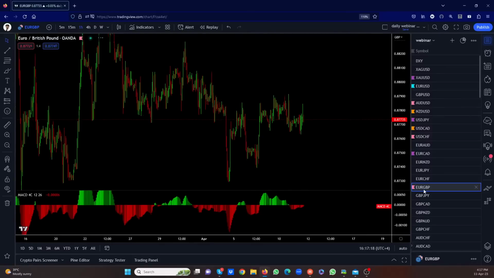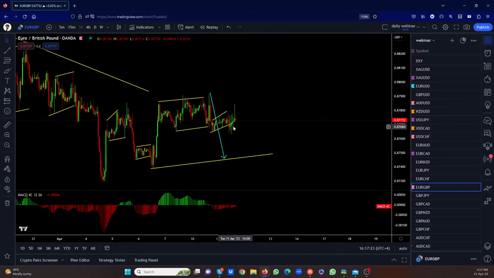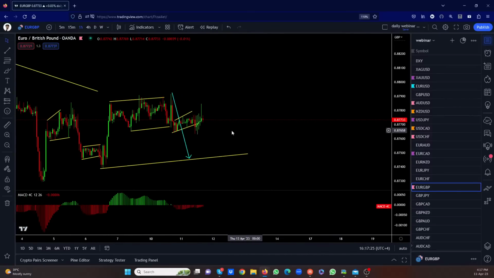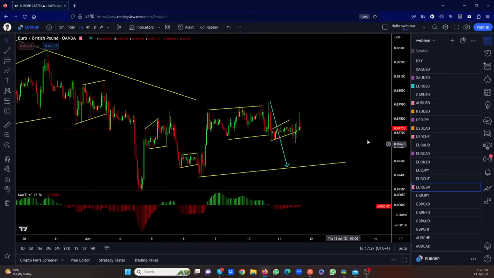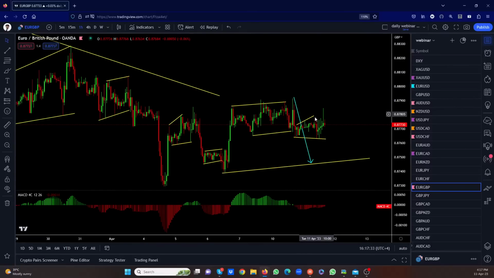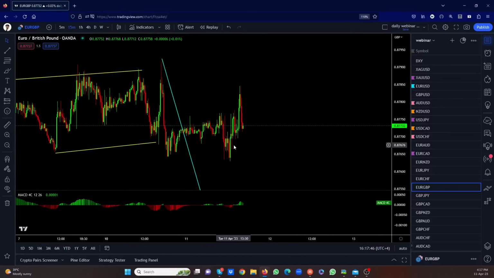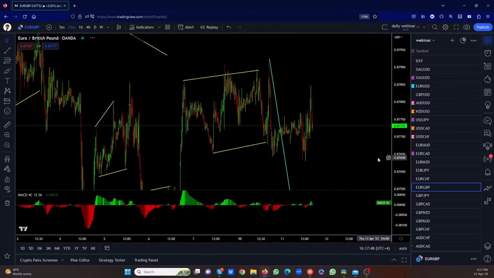Euro pound. It still hasn't dropped yet. If you took the trade, you would have closed it because you had 1, 2, 3, 4, 5 hours sideways. You'd have closed that for break even. It's not going anywhere, so let's leave it. Stay out of it. Now let it come to the bottom here, and then we see if we get a buy setup instead of the sell. Let me see on the 15 if it has a sell setup. No, not really. You're not getting any good sell setup there.